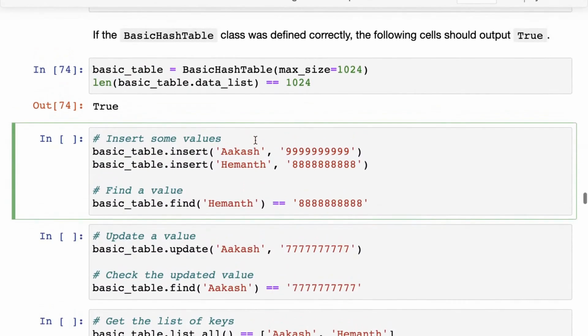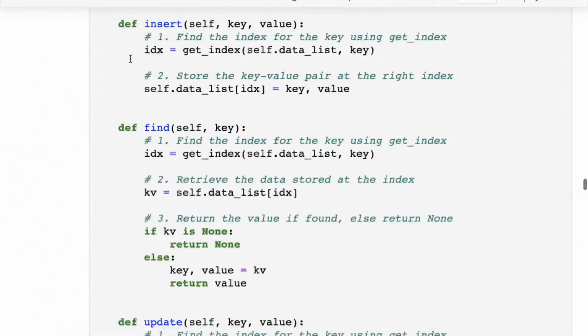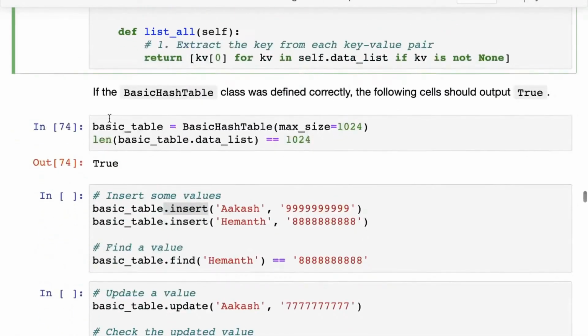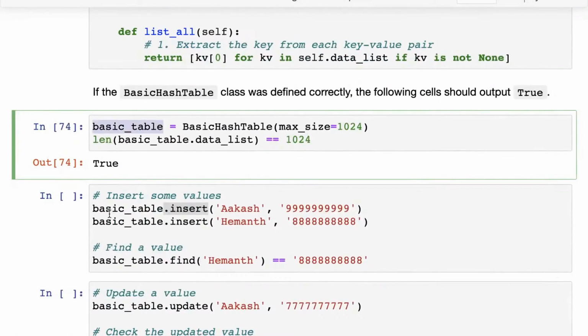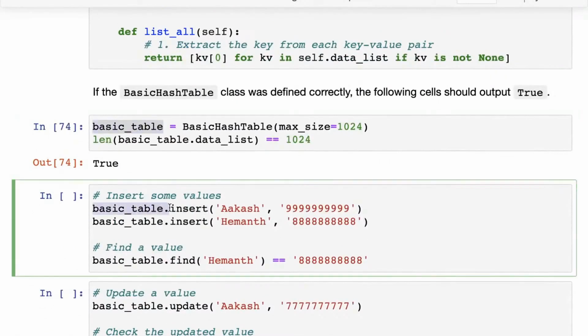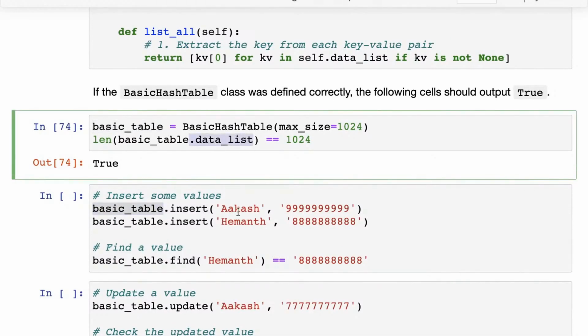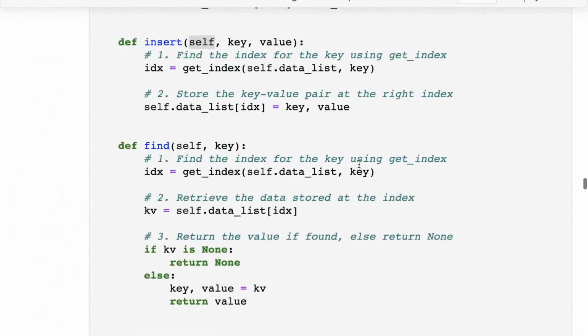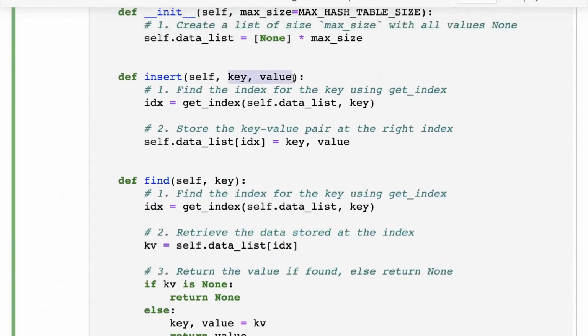And what this will do is when you call basic table.insert, it will call this insert function, and self will now point to the basic table that we have just created, because we're calling insert on that specific basic table. So self.datalist will become basic table.datalist, and then the remaining arguments Akash and 9999 will get passed in as the key and the value.